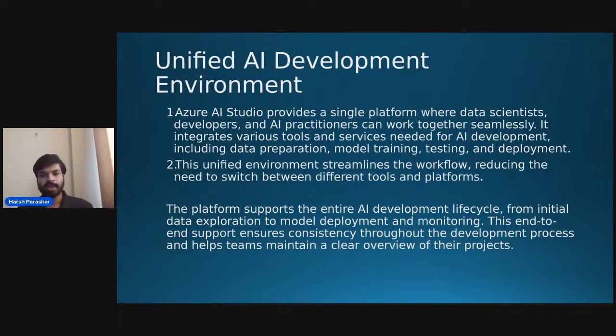And apart from it, it can help in covering the entire AI development life cycle, from initial data exploration to model deployment and monitoring. Monitoring is also important after you have deployed your model and it is working, it is in the market. So you need to take consistent and continuous feedback from the users, the customers, your clients, your business partners, your partner companies. For that you require monitoring. So it also helps you get the monitoring for your startup. You can get a hold of your monitoring too, so you need not take any sort of problem.